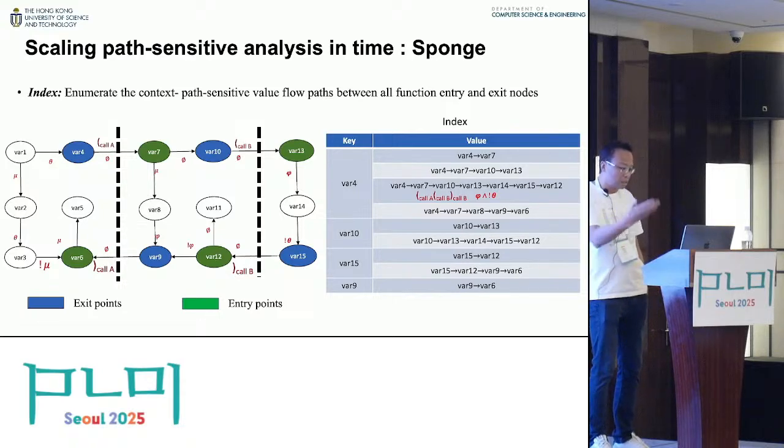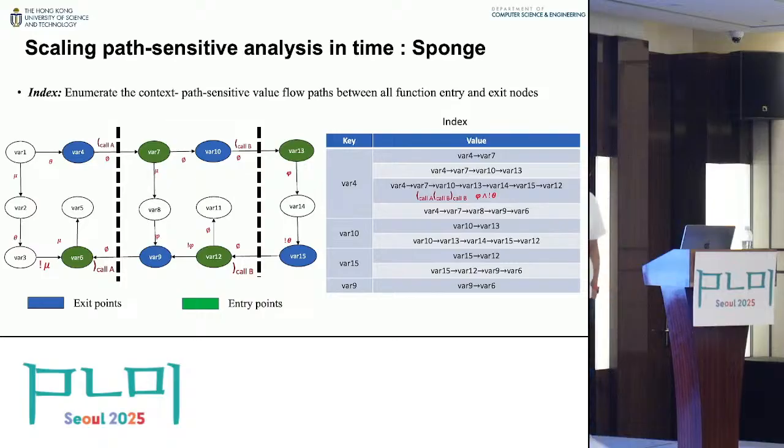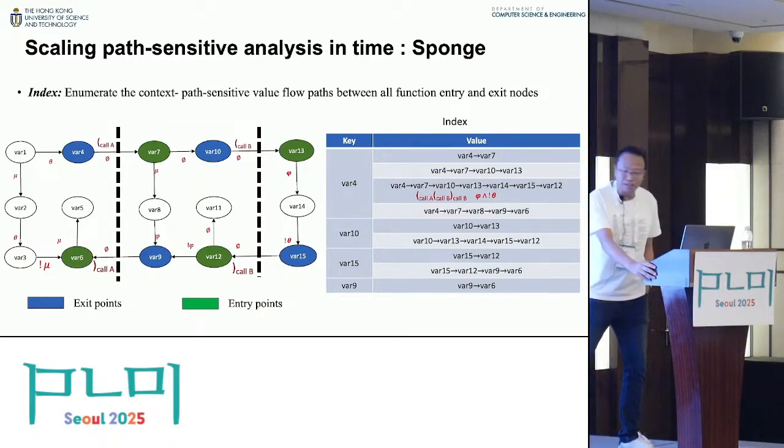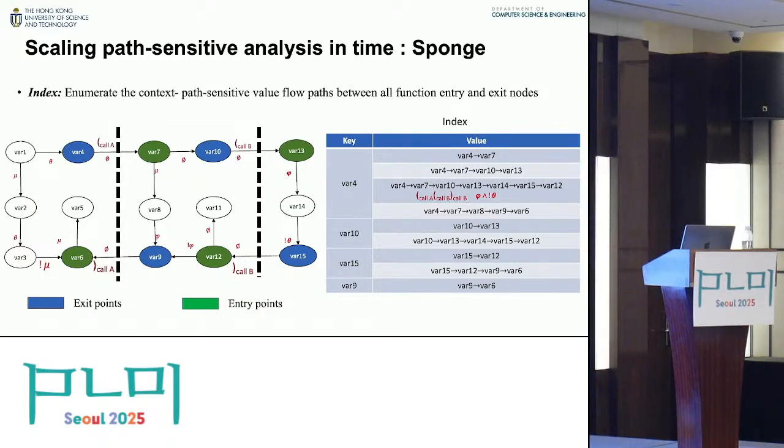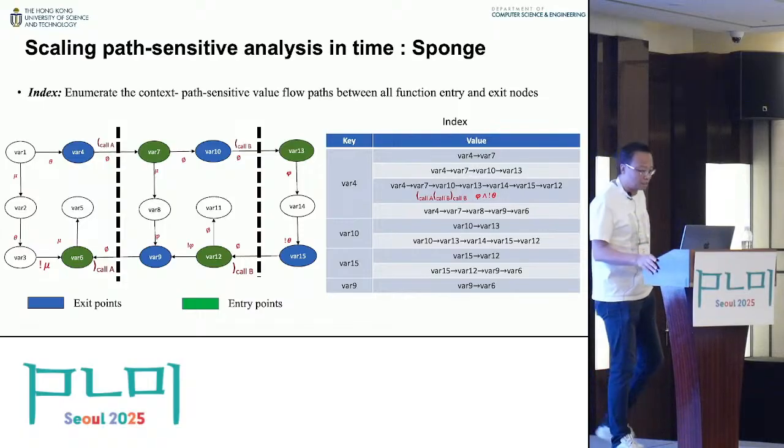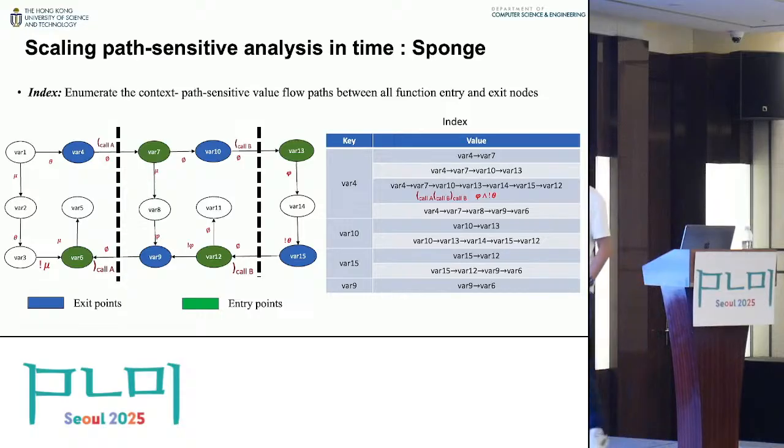So the sentence is valid on the CFL grammar, and the condition is satisfiable. Okay, so we can pre-compute all these different paths, shortcuts, and just list them on a table,